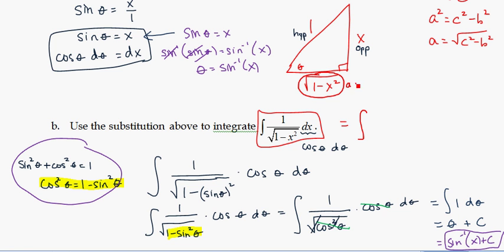This is my adjacent side. So I'm really looking for an expression that is 1, my hypotenuse, over my adjacent side. Isn't there a ratio that is equal to 1 over the square root of 1 minus x squared, that is the hypotenuse over the adjacent side, right? So which ratio is hypotenuse over the adjacent side? That's just secant theta. So 1 over the square root of 1 minus x squared is secant theta, and then my dx is cosine